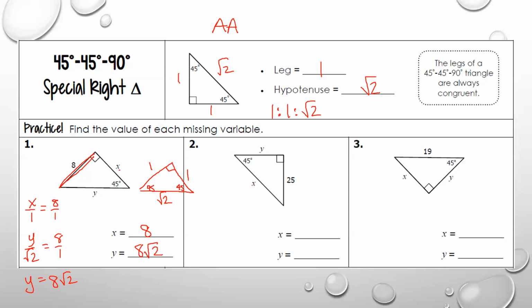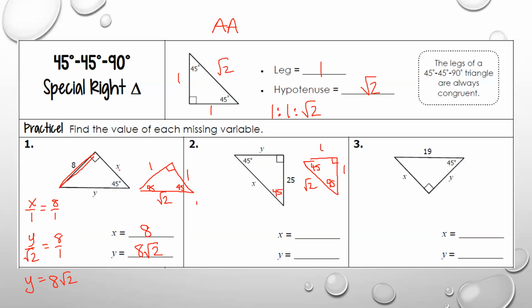So let's look at number 2. I have a 45-90, which means this has to be 45. And if you're not sure, you can always use your triangle sum theorem to figure it out. 180 minus 90 minus 45. I'm going to draw that most basic 45-45-90 right next to it, and I always draw it facing the same way. So that way I can easily see that, oh, well,